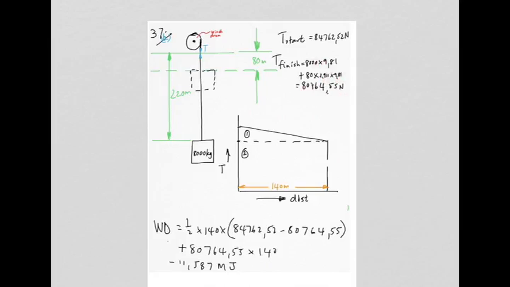So it all looks very much the same. You start at 84,762, you end at 8764, but you only travel 140 meters. Note 220 minus the 80, you only traveled 140 meters. So the work done is the area of the triangle, half base of 140 now, times height, which is the difference between that value and that value, plus the area of the rectangle, which is 8764, multiplied by the 140. So you are at